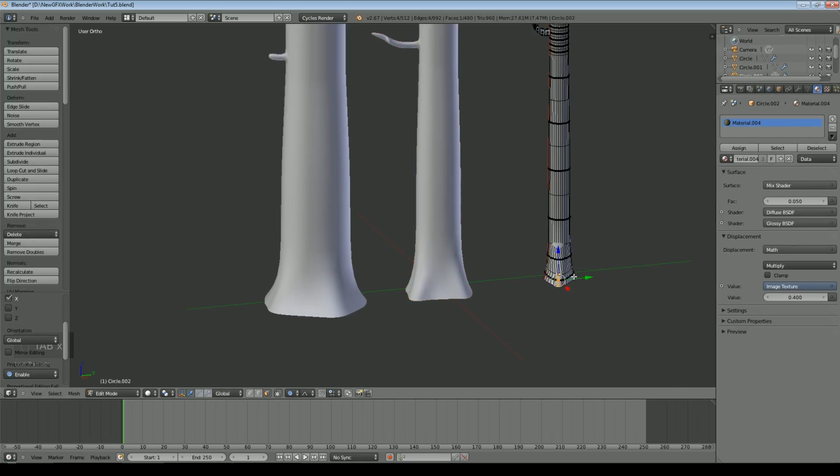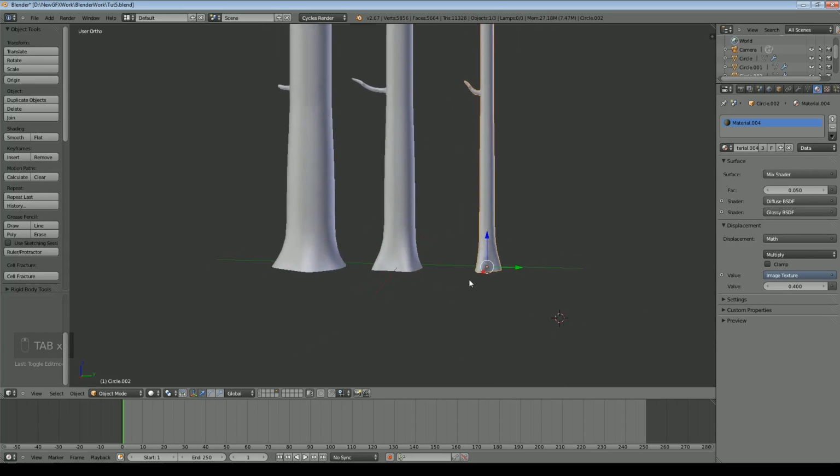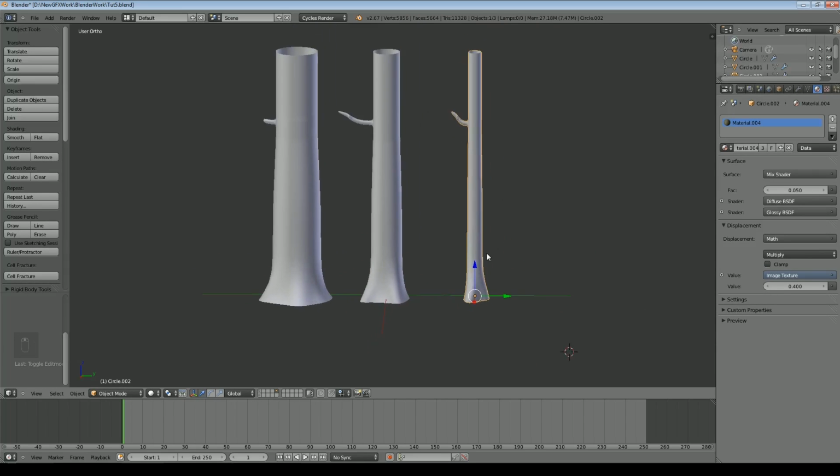And I'm doing it just fairly randomly, because obviously that's what they would be. So I haven't spent a lot of time on it, but there they are. So there's my 3 basic trees.